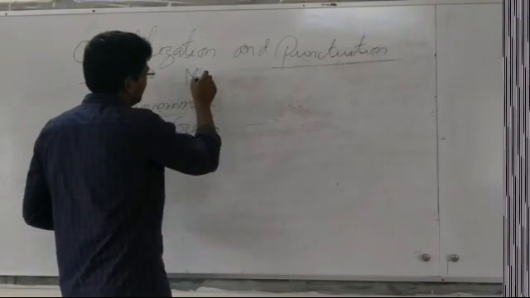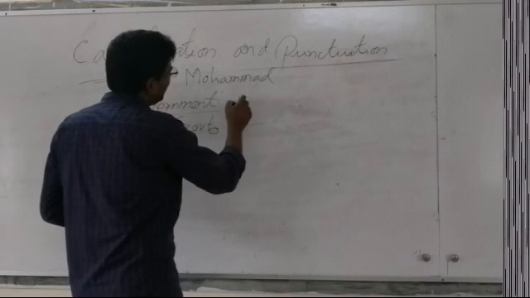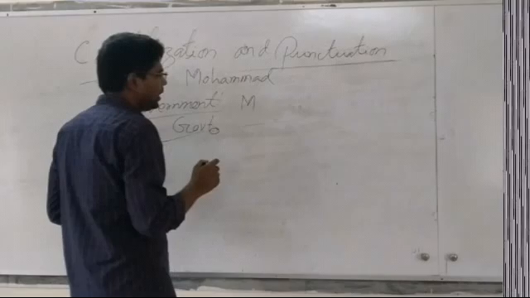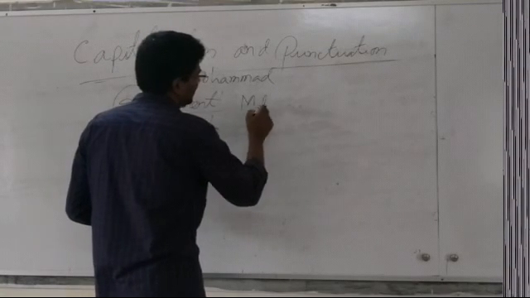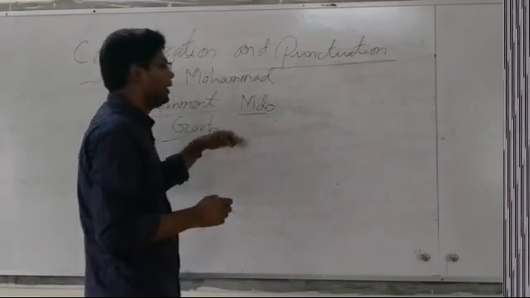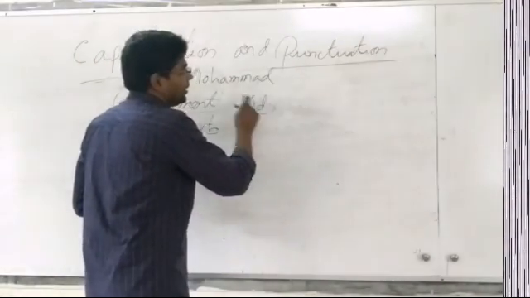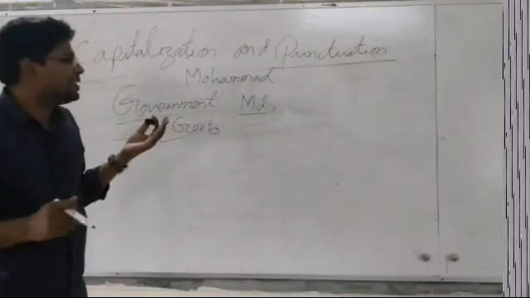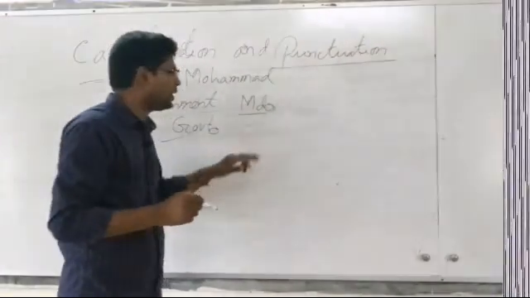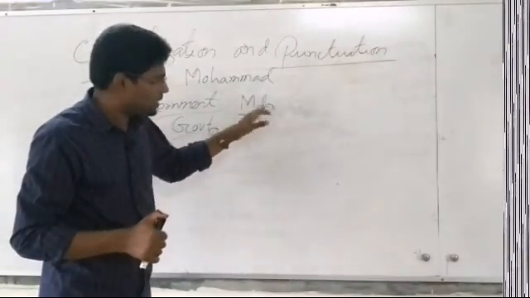Muhammad, M-O-H-A-M-M-A-D. Always we write this word in short, M-D, Muhammad. And when you write down M-D, we have to use full stop. But this is not the end of the sentence. We have used full stop. We can also call it dot. It will be better if we call it dot here.